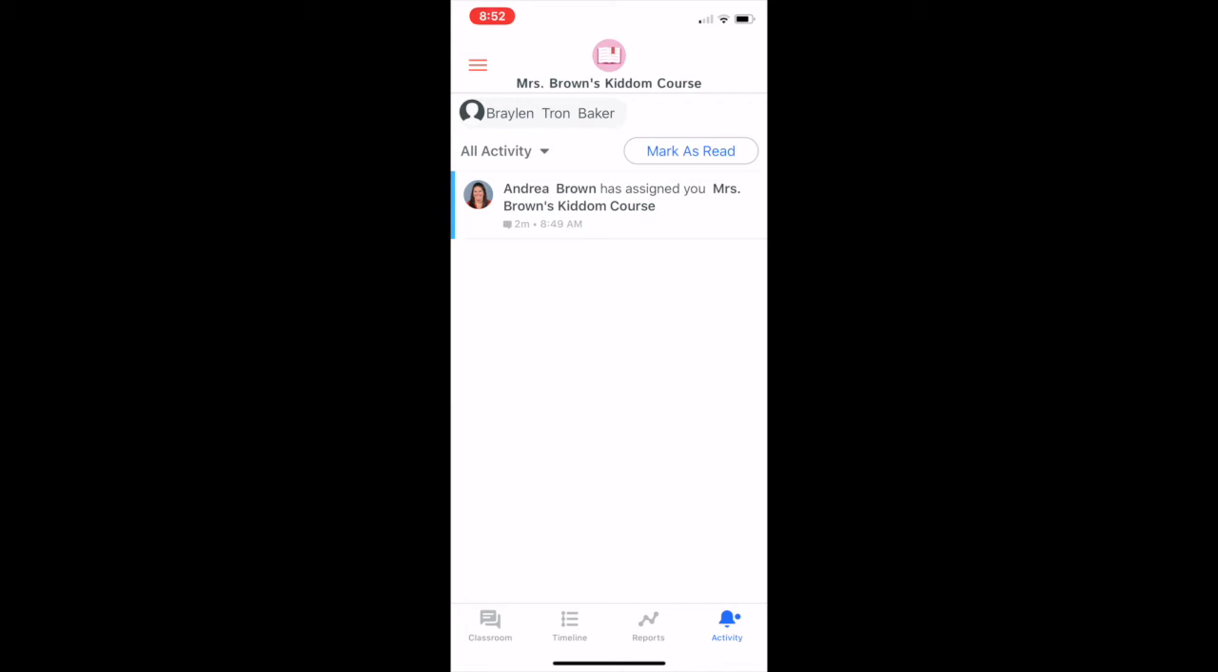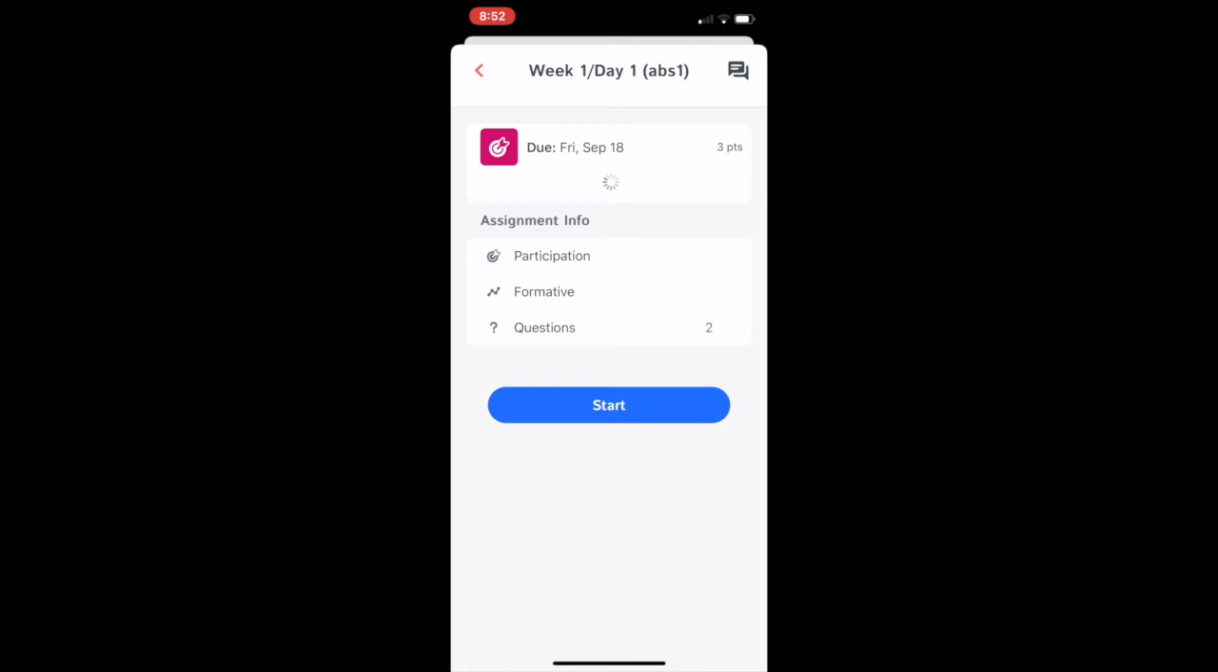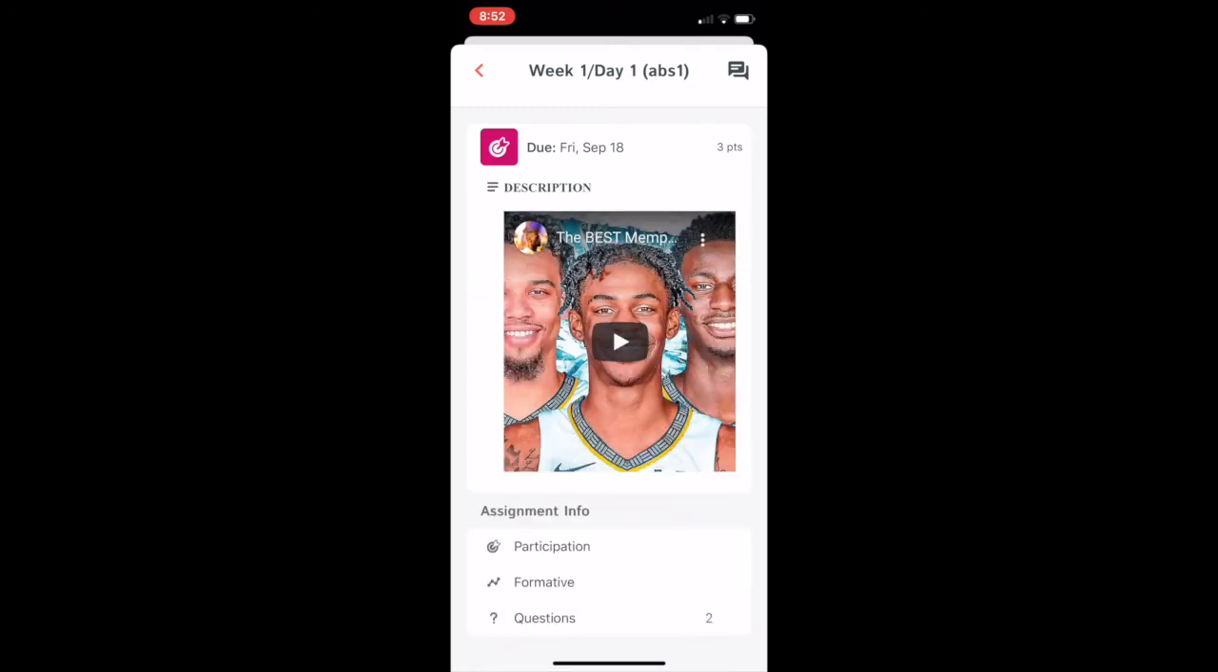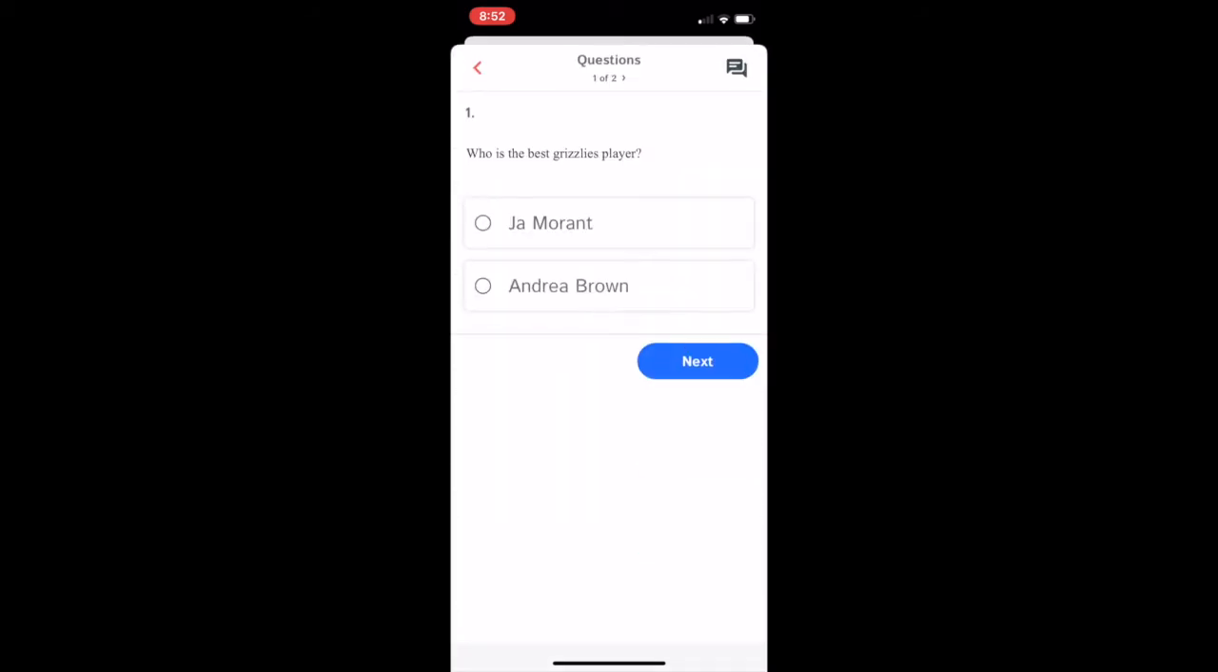So to get to that, I can first click Mark as Read so I no longer see that notification. And then I'll click Timeline. Under Timeline is anything that the teacher has posted within that class. So I'm going to click Week 1, Day 1, and then it's going to give me a short description of what this assignment is. To go ahead and get started, I'll click Start at the bottom,